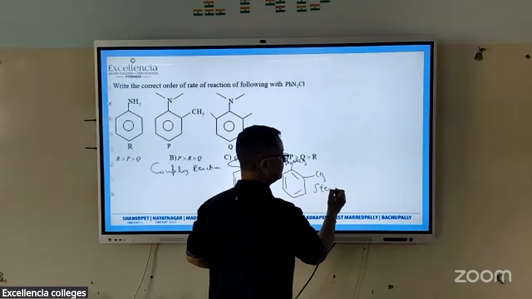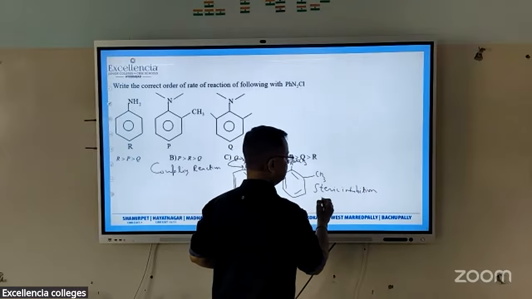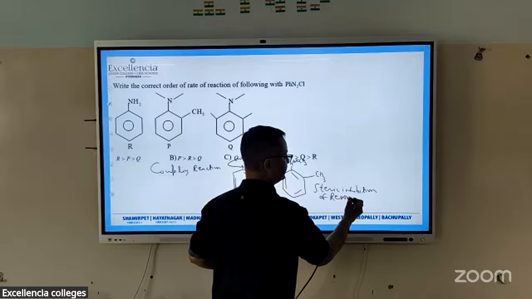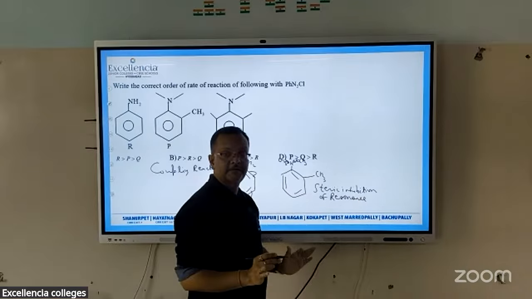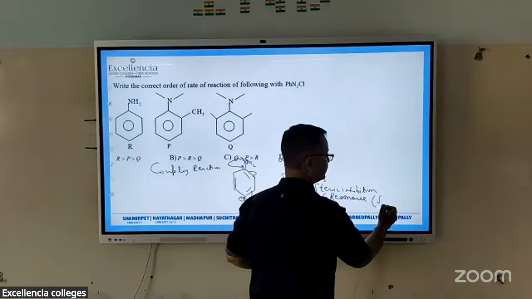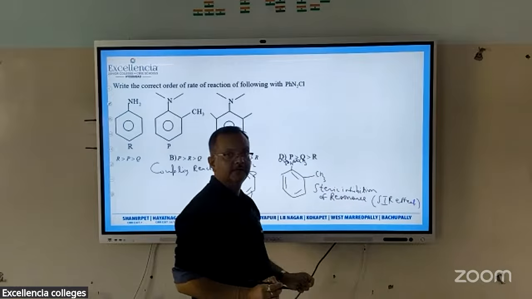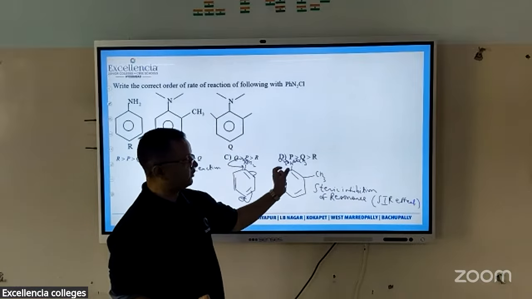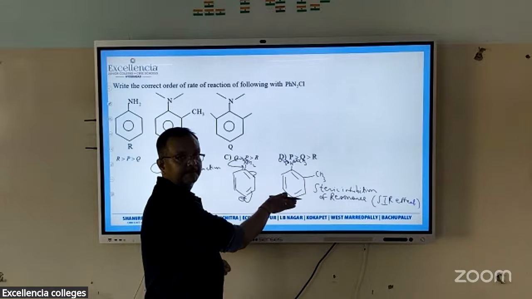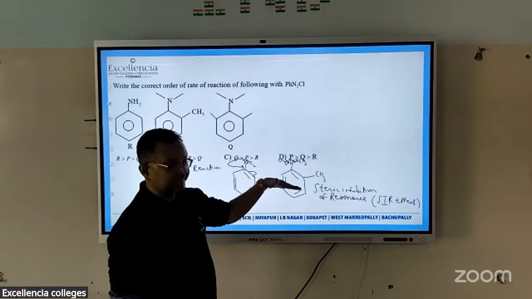So there is steric inhibition of resonance going on here, which is called the SIR effect. So that is acting here. Because of this, what is happening? See, the methyl group is actually blocking the lone pair from getting deep into the benzene side, so the lone pair will not be easily delocalized on this down side.